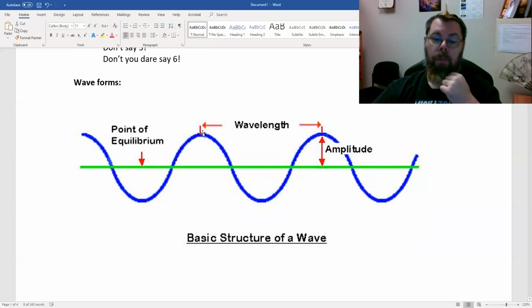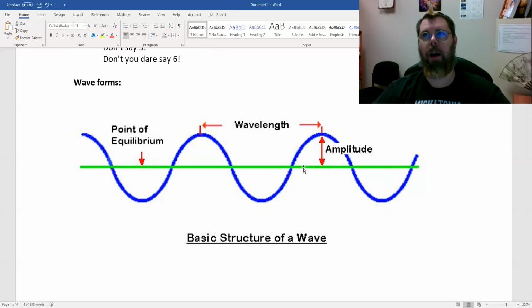And the wavelength is from peak to peak, and the frequency is from peak to trough. That's the number that we're interested in: frequency. Top of the peak, bottom of the trough. How often do peaks arrive? We measure that in hertz and megahertz and all that stuff. Just how many thousands per second. All right, so that's the basic structure of waves.